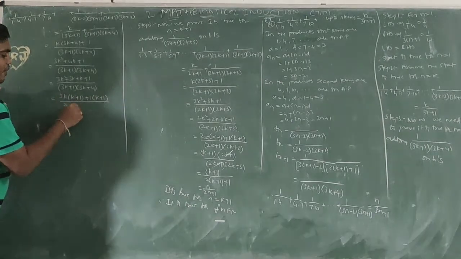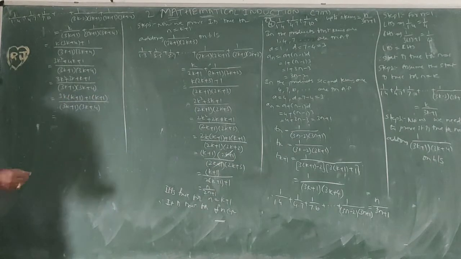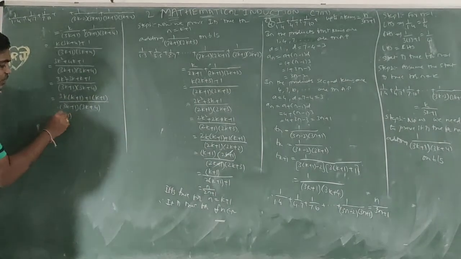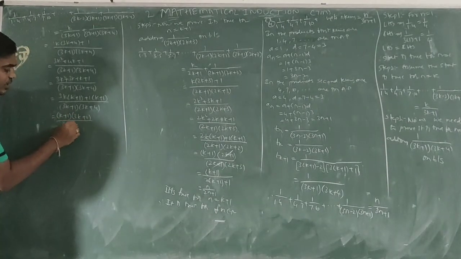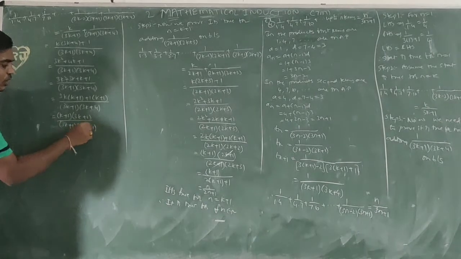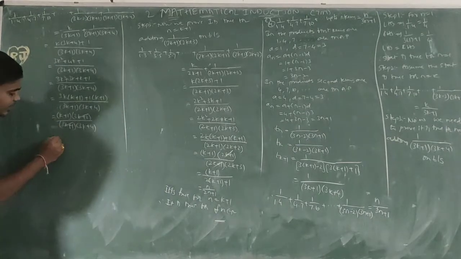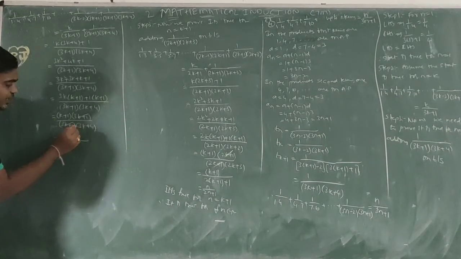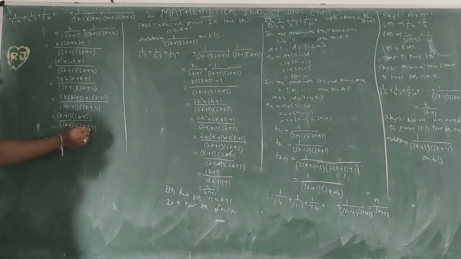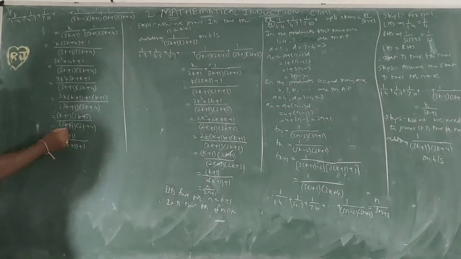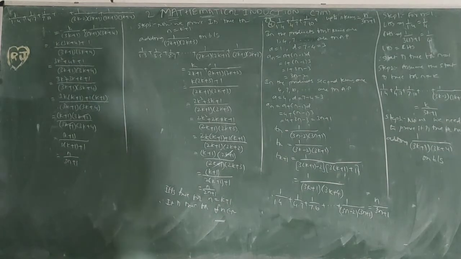Now in these two terms, k plus 1 is common. Taking k plus 1 common, we get (3k plus 1)(k plus 1) by (3k plus 1)(3k plus 4). 3k plus 1 cancels. Now I want to write in terms of k plus 1. The numerator is already k plus 1. In the denominator, where it is k, I want to write k plus 1: 3 into k, 3k, 3 into 1, 3, and here 4 plus 1. So now I want to write n by 3n plus 1.